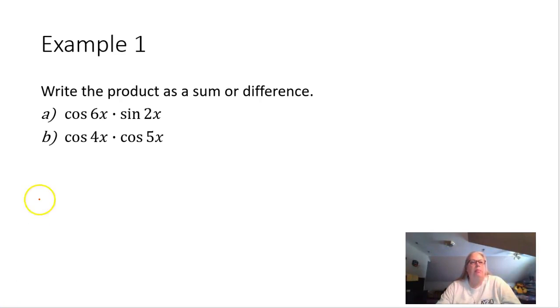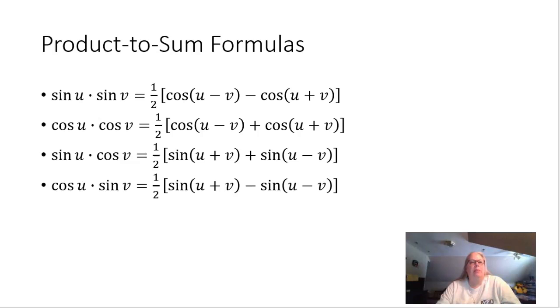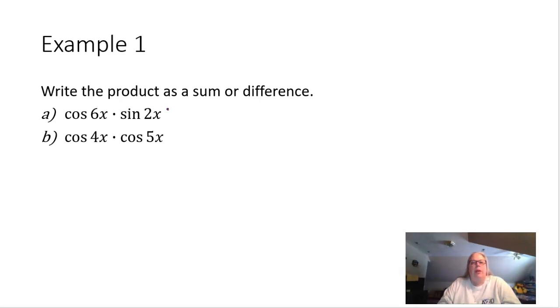All right, let's back up to the previous slide. We had a situation of the cosine times the sine. That is going to be this identity or this formula right here. We are supposed to take half of the sine of the sum of the angles minus the sine of the difference of the angles. So half of the sine of the sum minus the sine of the difference. Okay. All right, so for part A, we're going to take half of